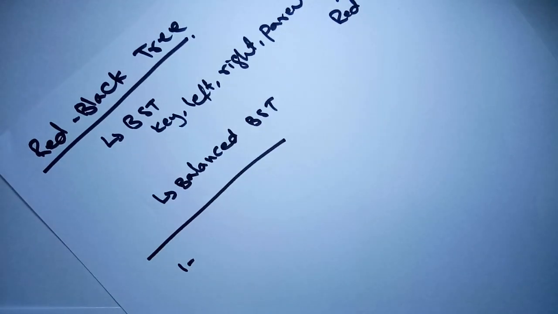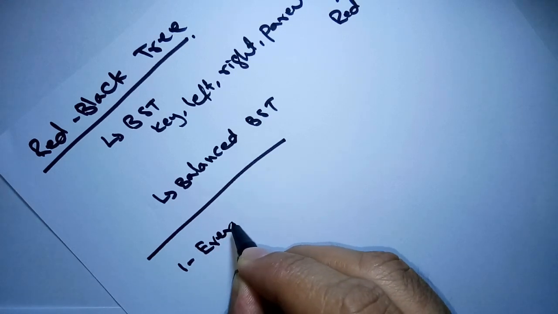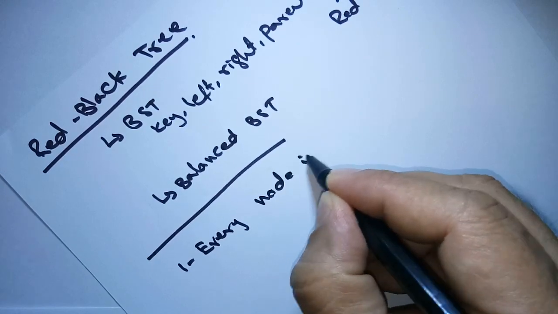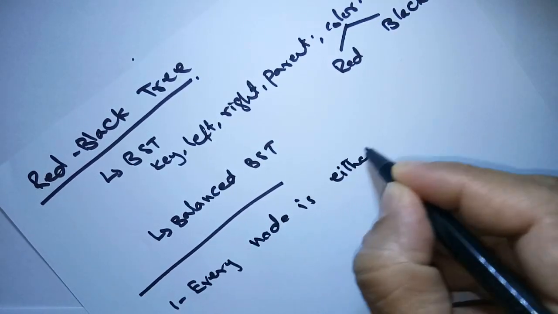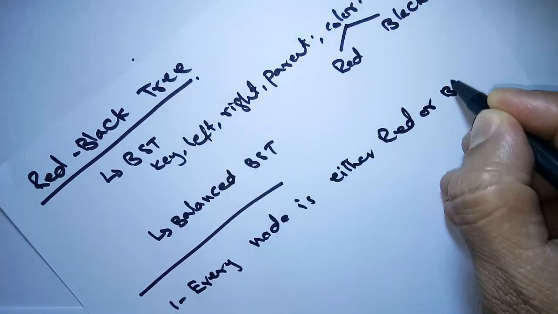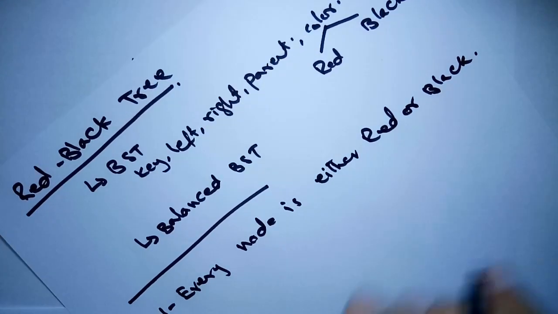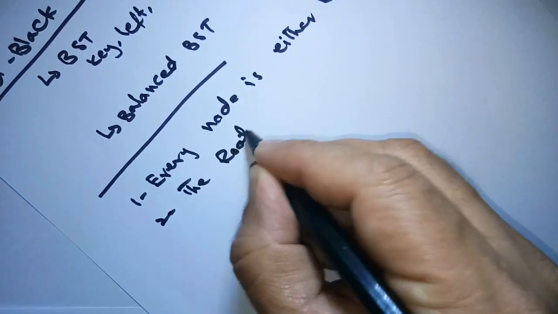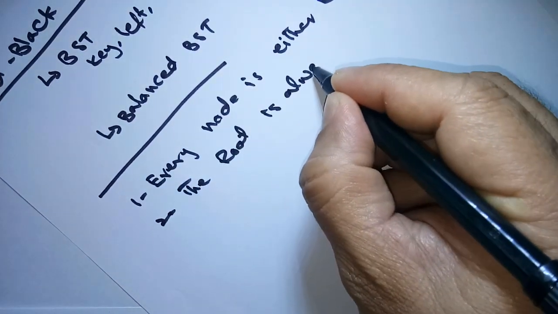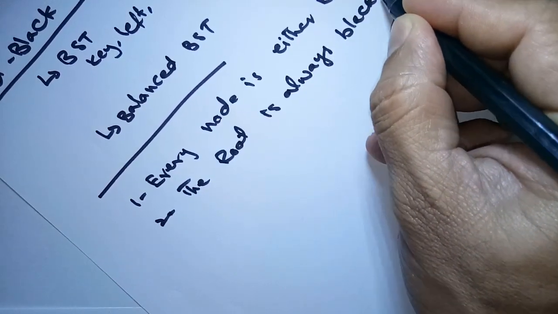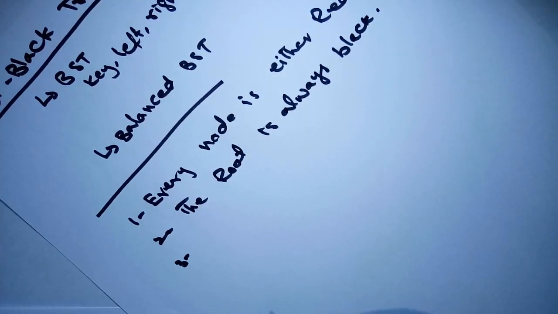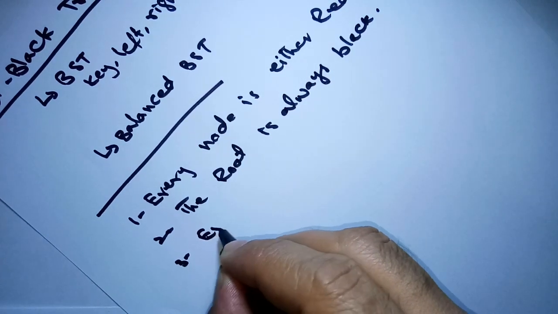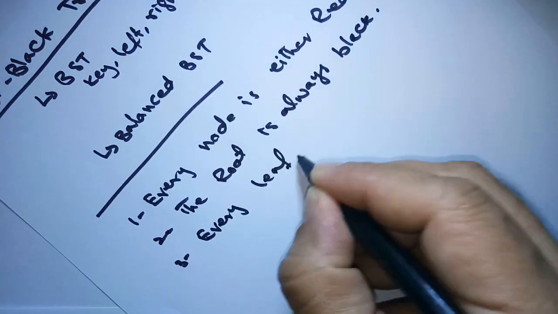Number one is, every node is either red or black. So every node in a BST is either red or black. There is no other choice, right? Second thing is, the root of the BST is always black. Root is always black. Third rule is, every leaf is black,